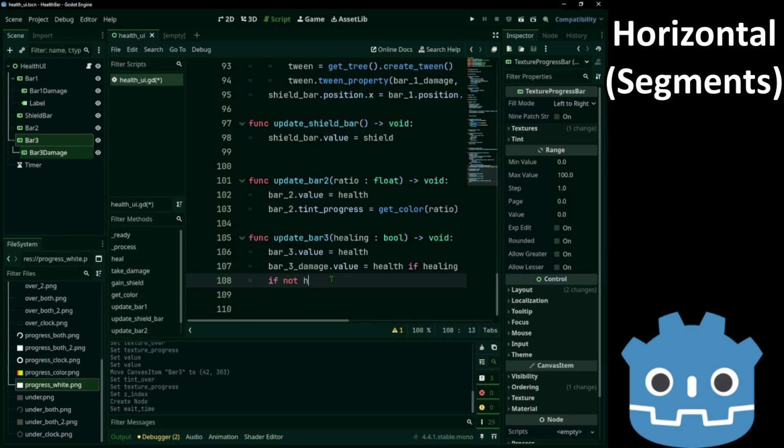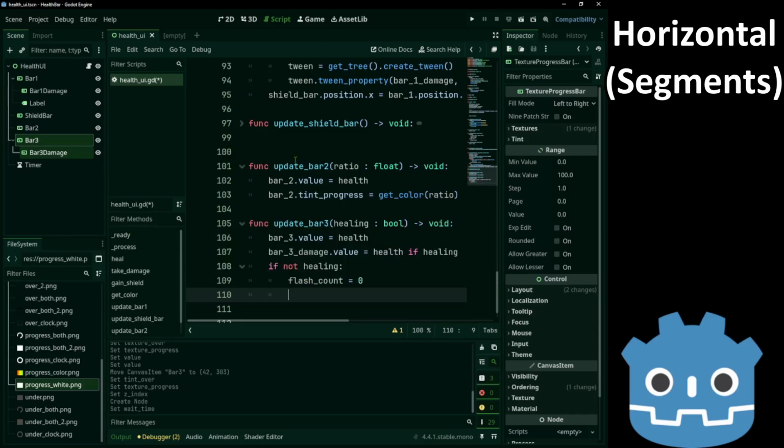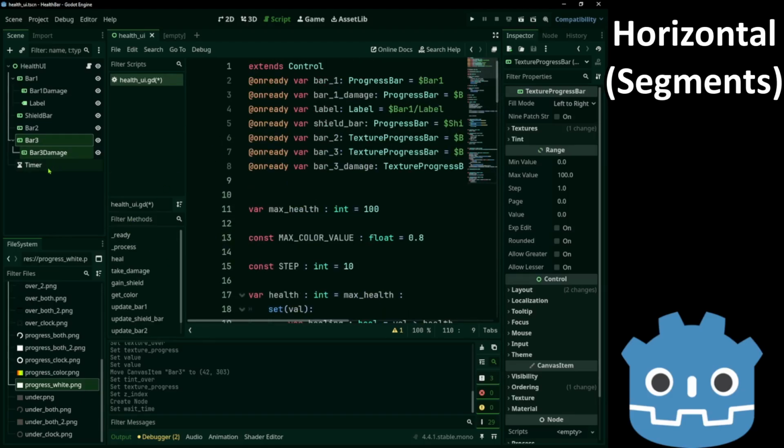If we are not healing, set the flash count to 0 and start the timer. We also need to add the timer.